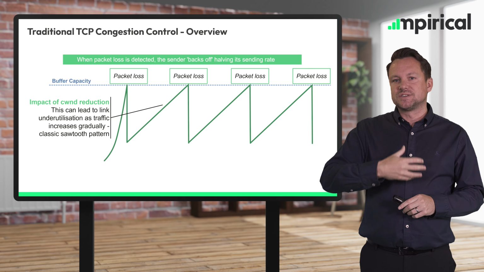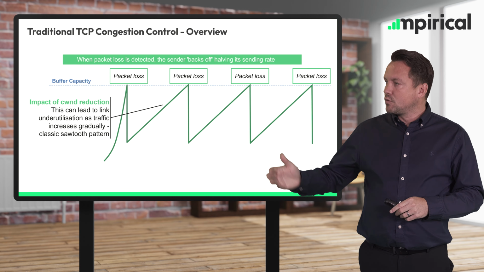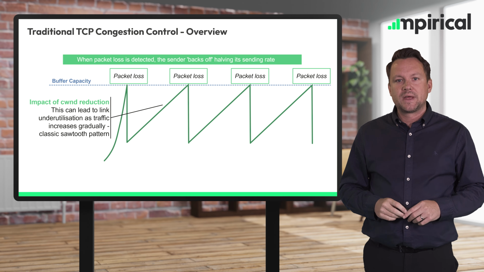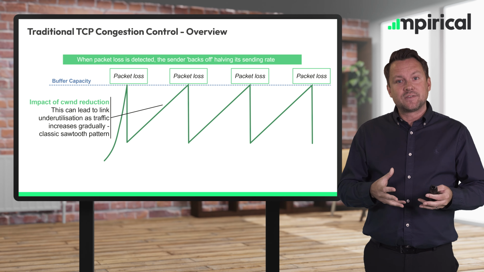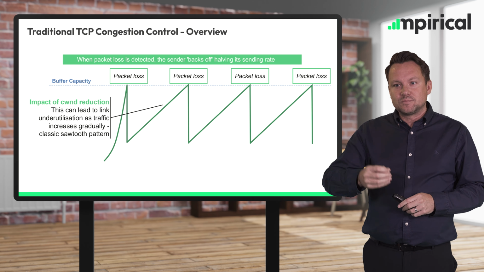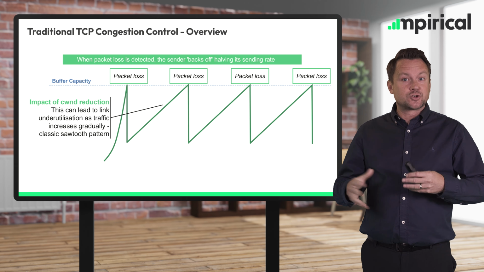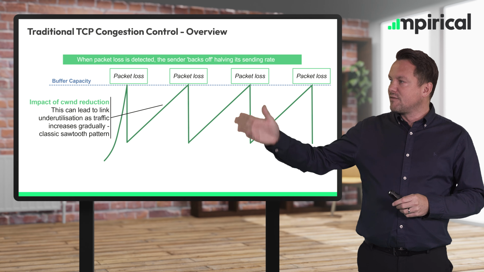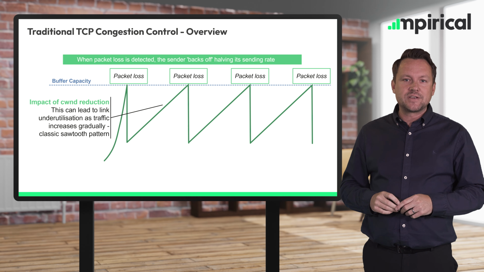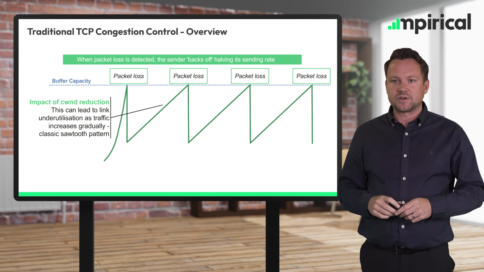So as we've mentioned, this is a much more proactive approach, whereas this would be very reactive. So this gradual climb and then this very, very quick and sharp drop is what we call additive increase, multiplicative decrease. The idea here is that we steadily increase the data rate just to make sure that we're not further adding to congestion. However, when we hit the limit of a buffer and we see packet loss, we then see that very, very significant 50% drop to the sending rate and that gradual increase again.